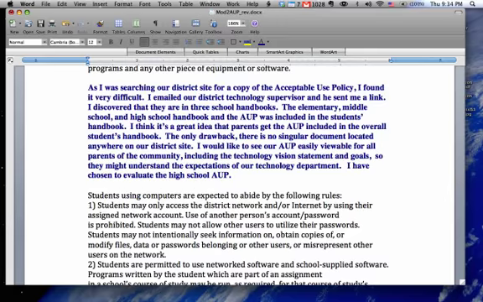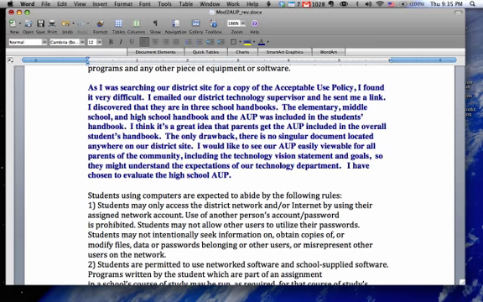It was interesting. I was looking on the school district website for our acceptable use policy. Could not find it anywhere. Ended up emailing our technology supervisor, and he said they were actually included in our handbooks, which I kind of knew then. I just didn't. I thought there was one document that we could all get to and be able to read it from there. So, like I said before, I will be focusing on the high school acceptable use policy.